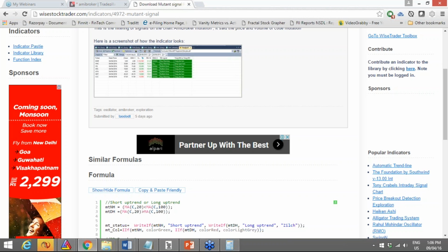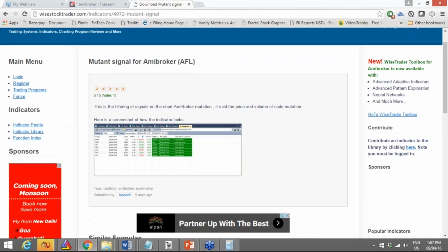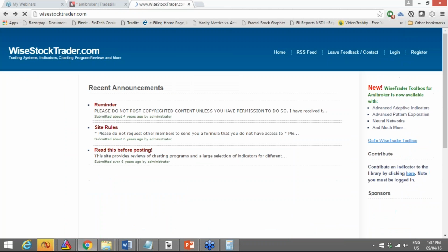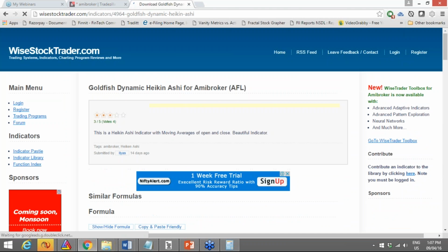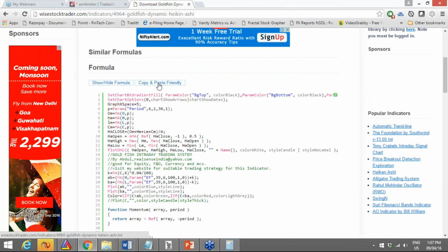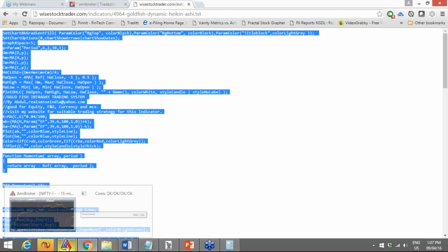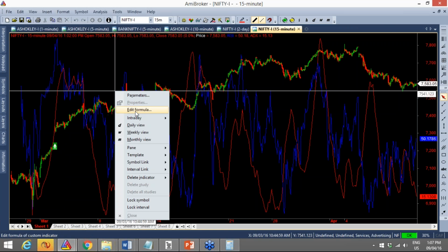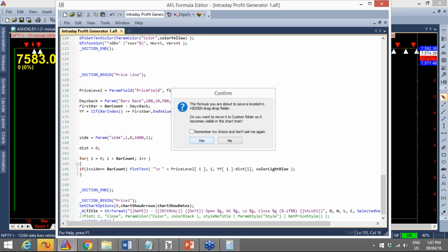Okay. So I got this. Now I think this is not an indicator. Okay. Some guys have some Goldfish Dynamic Heikin Ashi AFL for AmiBroker. Okay. What is this? Let me copy it. ADM, I'll come to your question; first let me solve this. Okay. Click, and I'm just going to the formula and paste it. Save this. Okay, you get